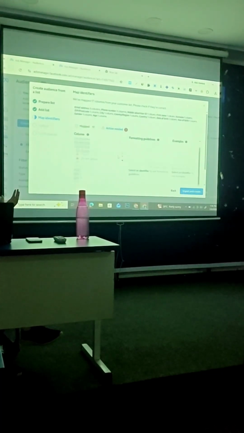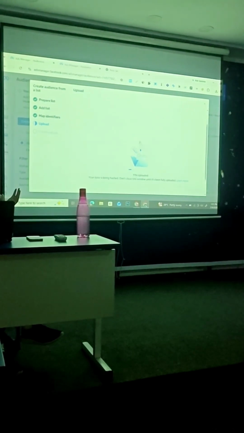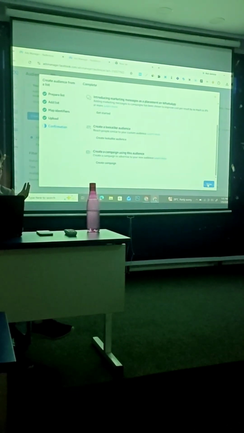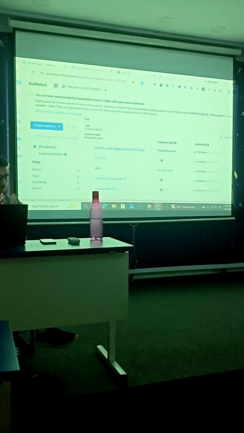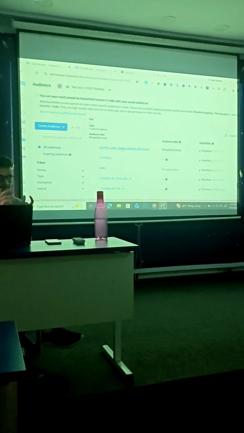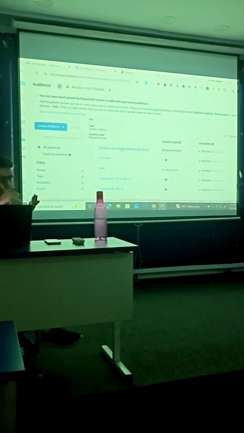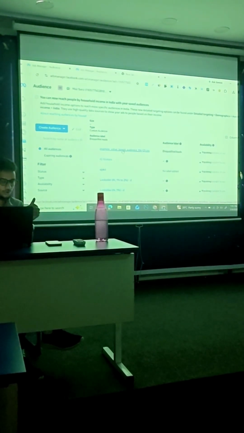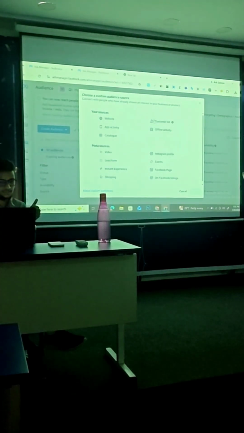Here it will show you the format. Just click on import and create. Done. See, this is the audience that I have created. I have not uploaded the data till now. I downloaded the file, and the same file I have uploaded. You just have to edit the file. Add there your guys' name, email and mobile number. Got it? This is what custom audience is about.